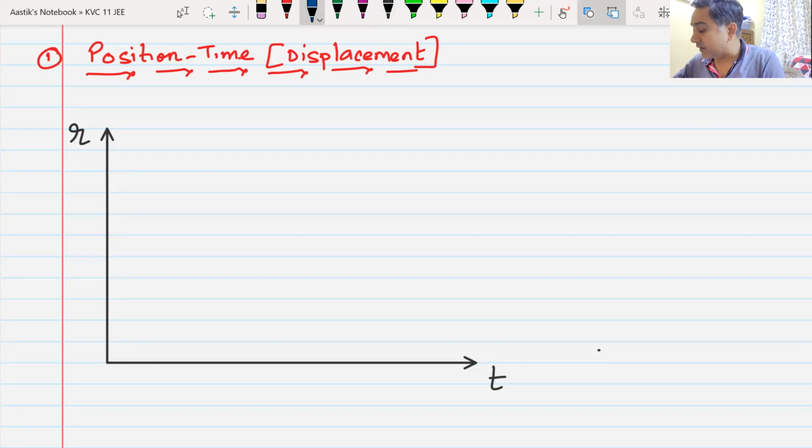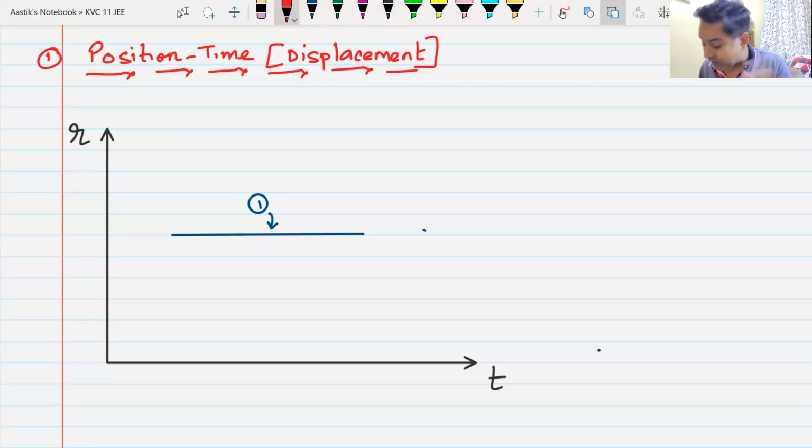And the first type of graph that you will have would be like this. Now, what all things can you tell me about this graph? This graph is graph number 1. Tell me what all things you can say about this graph number 1. Now, remember, whenever we talk about a position time graph, or for that matter, sometimes they call it displacement time graph, you must also always understand